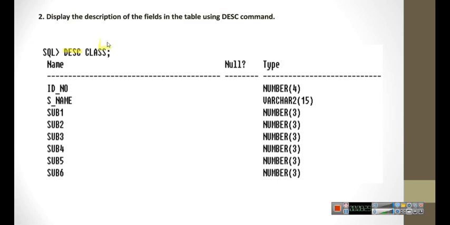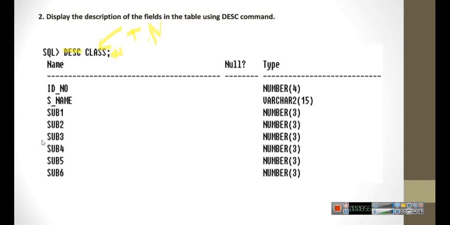Class is nothing but your table name. Remember, everywhere we are going to use this table name. DESC is description, space, table name. Whichever table description you want to see, you have to give that particular table name, then hit the enter key, and you'll get the description about the table.